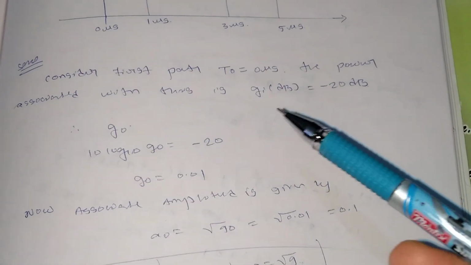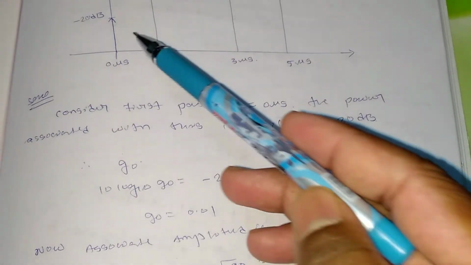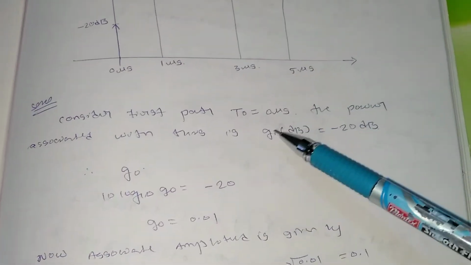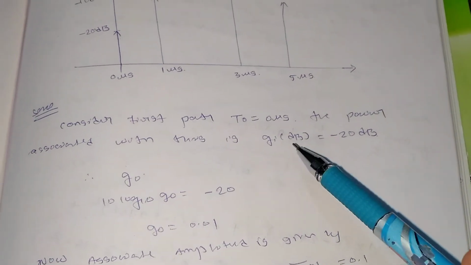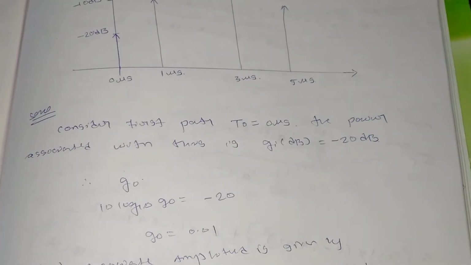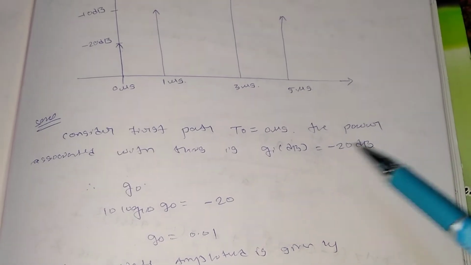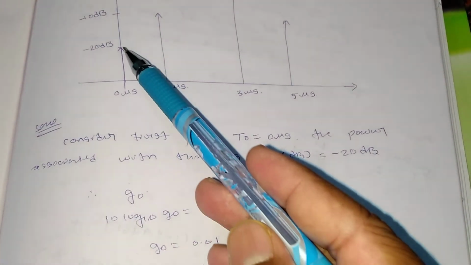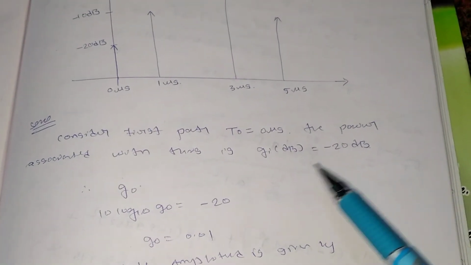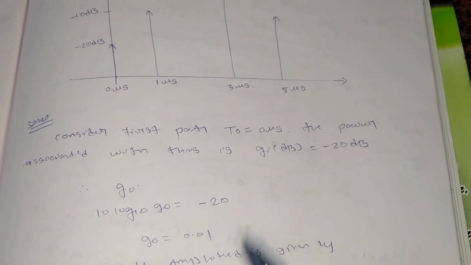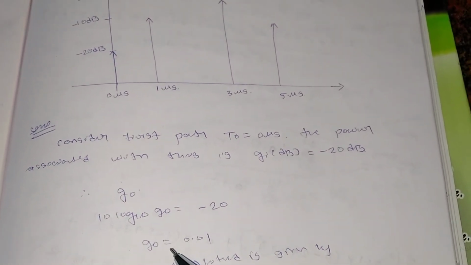Let us see. Consider the first part, that is t naught equal to 0 microsecond, corresponding to this one. The power associated with this is given by G. So G naught in dB will be equal to minus 20 dB. So for 0 microsecond the given power is minus 20 dB. So g naught, I will convert from dB to the normal scale. So 10 log10 of g naught will be equal to minus 20,